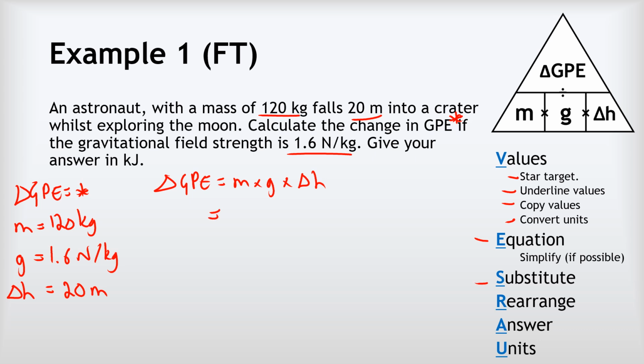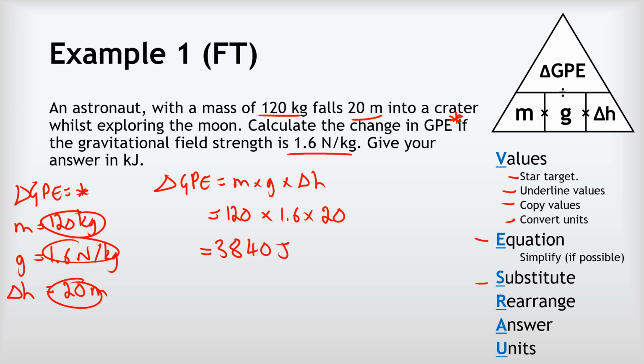So we can say M was 120 kilograms. That was that value there. Multiplied by G, which was 1.6 newtons per kilogram. Multiplied by the height change, which is 20 meters. And if we stick that all into the calculator, we're going to get an answer of